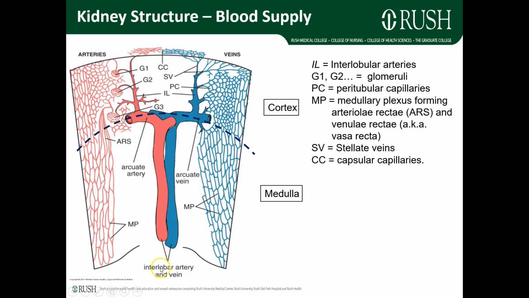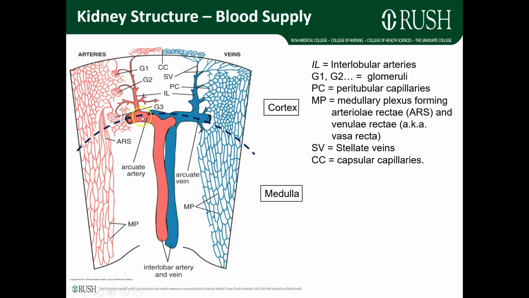So blood enters the kidney through these interlobular arteries, which travel from the hilus towards the cortex. As they reach the cortex, they turn and make an arc, and from then on they are referred to as the arcuate artery, or coming back, the arcuate vein. All the blood supply then is from these arcuate arteries, which go upwards into the cortex, referred to as